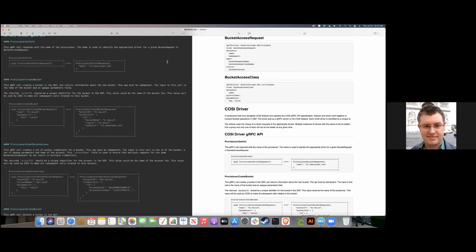You're free to use the bucket name as the actual bucket name and as the bucket ID if that works in your particular implementation. But for ones where it doesn't work, you can do something else and it'll still behave correctly. That was the compromise for CSI: you have a volume name and you have a volume ID, and they can be different. The driver is free to ignore the contents of the volume name as long as it uses it for idempotency purposes. That's the only thing it must be used for.